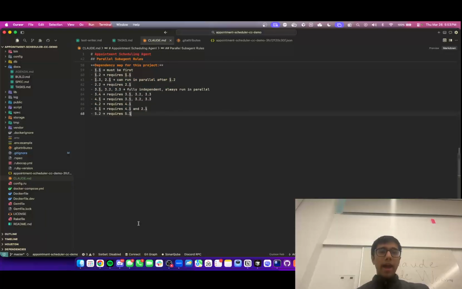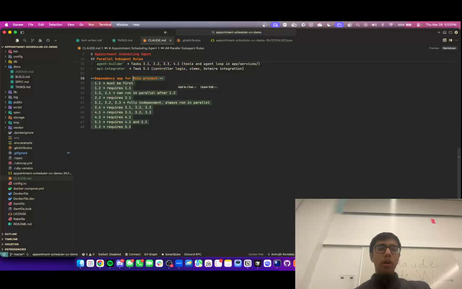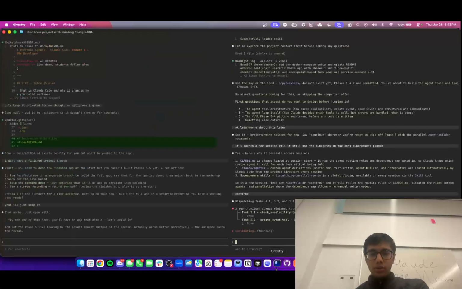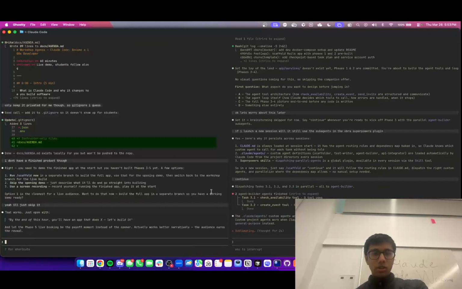There I have it define when tasks should run in parallel. So obviously it's going to take a lot of time to essentially,